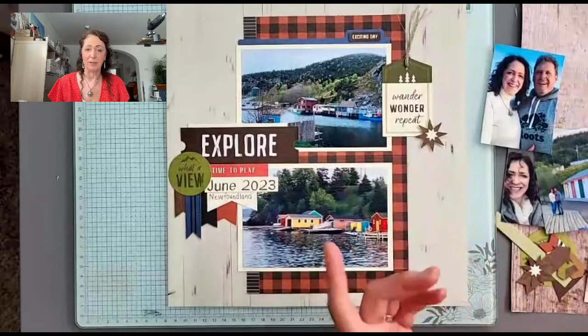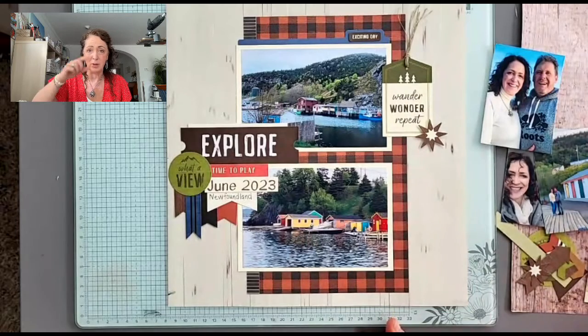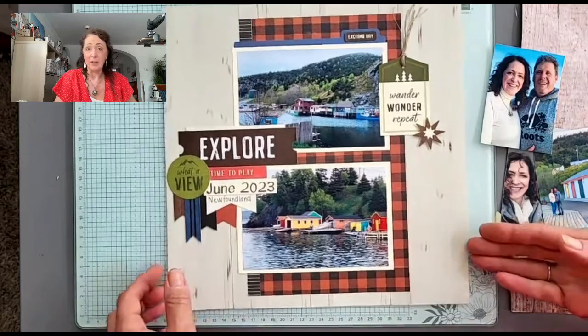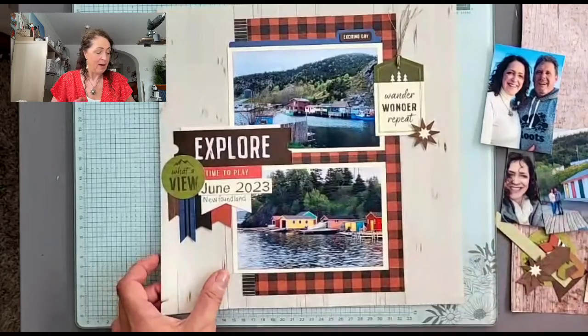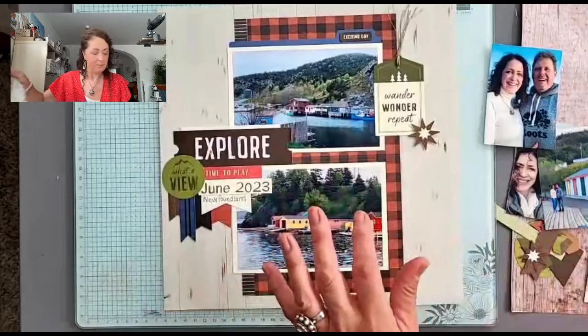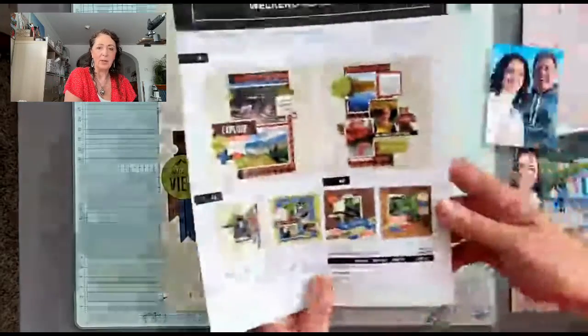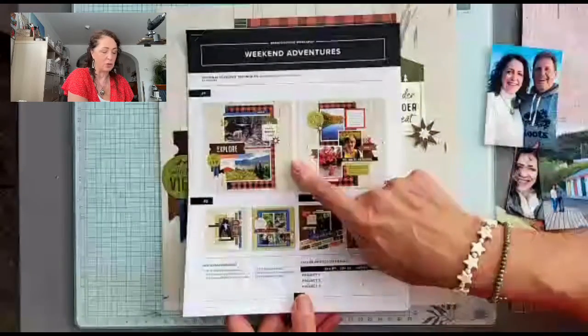It's such a perfect stamp set. It's so easy to use. It has a complete alphabet in capital letters, small letters, all the numbers. It has all the little signs for the different languages. It's really fantastic. And then it has another whole set with all little shapes, and just amazing. However, I digress. So the kit comes with instructions. Now you can see for the first page I did what we're supposed to do,